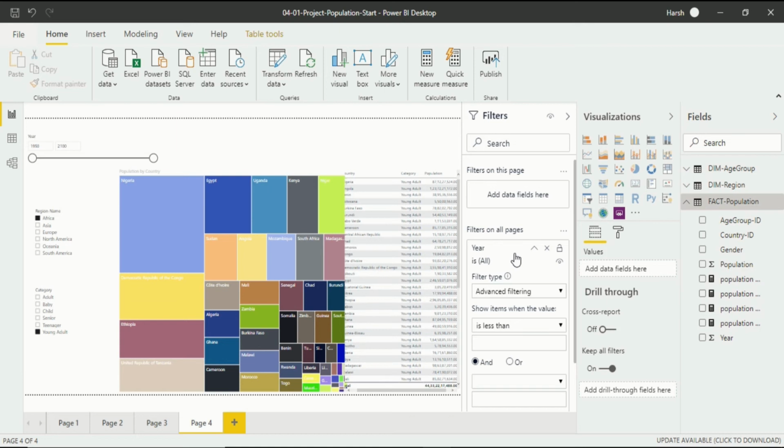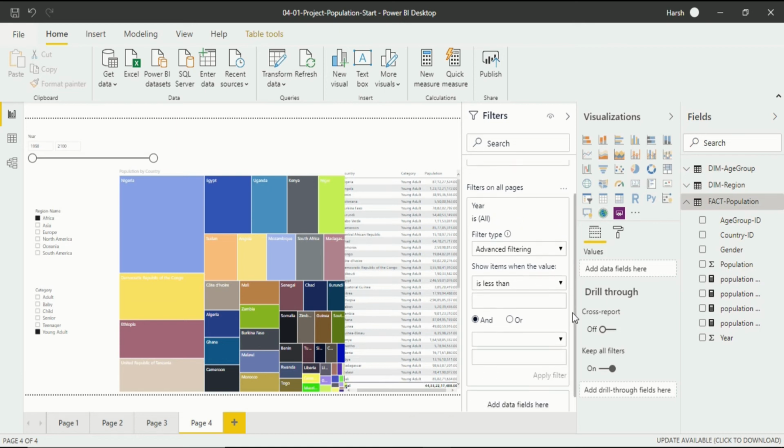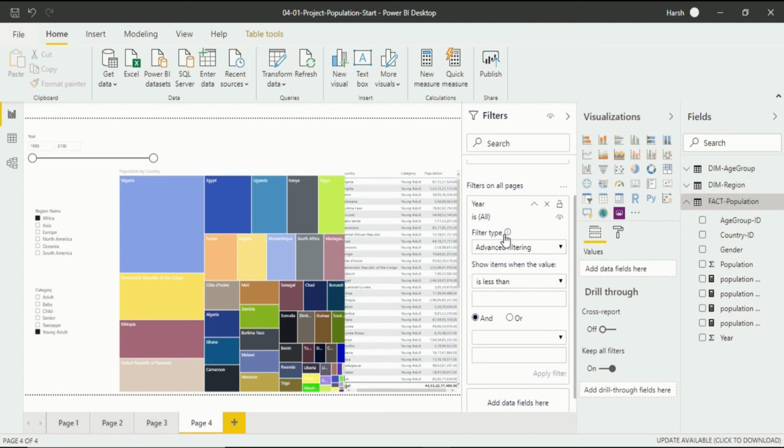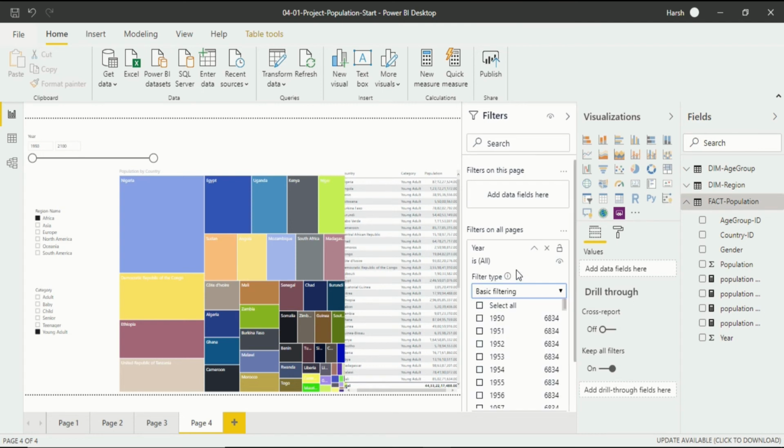When you drag and drop it, you will see there are further options that open up in the filter section. First of all is filter type. There are two types of filtering. One is advanced filter in which you will see less than or greater than and all that. And if you want a basic filtering, you can go with basic filtering as well.